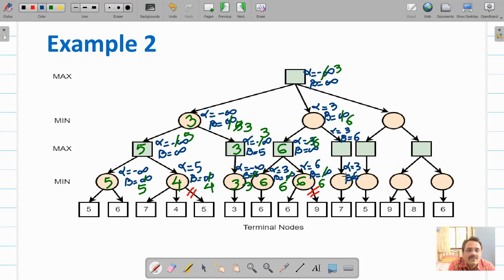So it's a minimizer node. It will update the value of beta. Beta is 6, it is getting 7. Beta should always decrease, so 6 is better than this 7, so beta will not be updated, but value associated with this node will be 7. Maximizer node, now it is getting 7 here, value associated with alpha is 3, alpha increases, it is getting 7, so value will be updated from 3 to 7. So value associated with this node is 7.